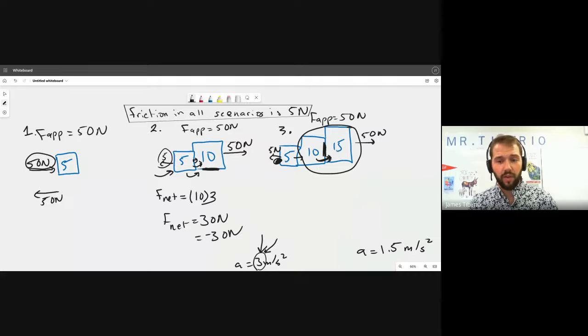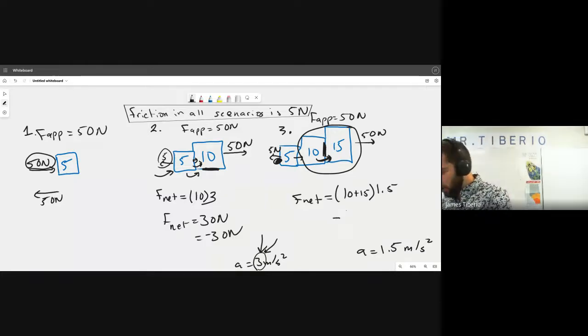It's only pushing 25 kilograms of stuff now. And so we can say, well, what's the force experienced from the 5 on the 10? And this has to do with, well, what's the mass it's moving? It's moving a 10 plus a 15, so 25, and it's accelerating at 1.5. Therefore, the force it's experiencing equals, I probably could do this in my head, but 25 times 1.5 is 37.5 newtons